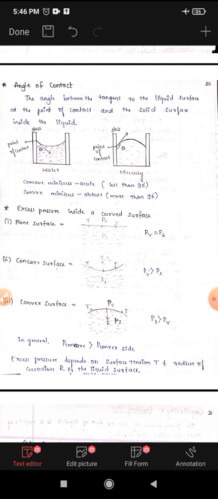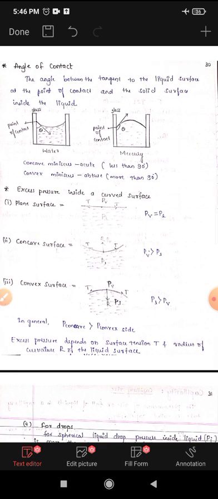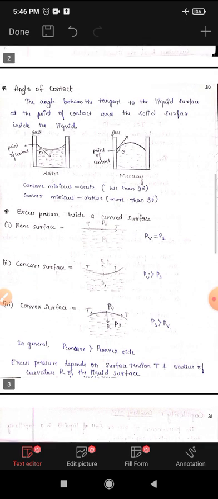And we have two types of angle of contact, acute or obtuse, that is less than 90 degrees or more than 90 degrees. It will be based on the nature of the liquids we are using. There are two types of liquids. One are the liquids which wet the glass surface, and the other are those which do not wet the glass surface. Water comes under the liquids which wet the glass surface,